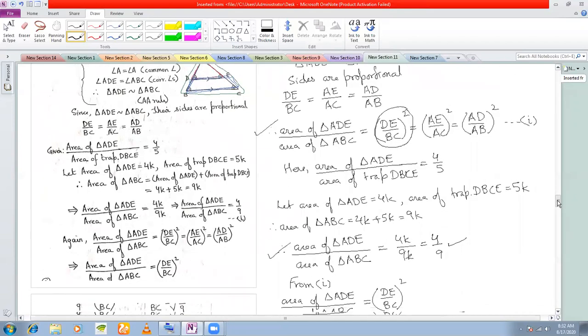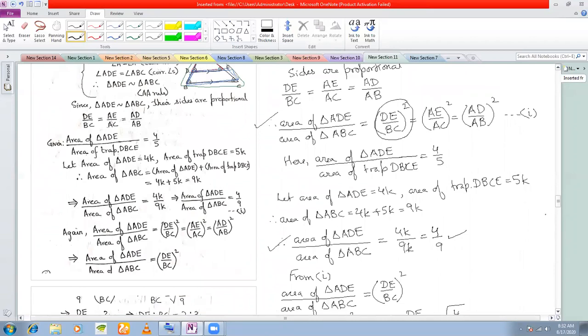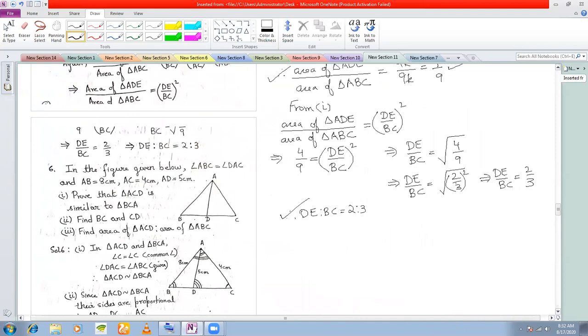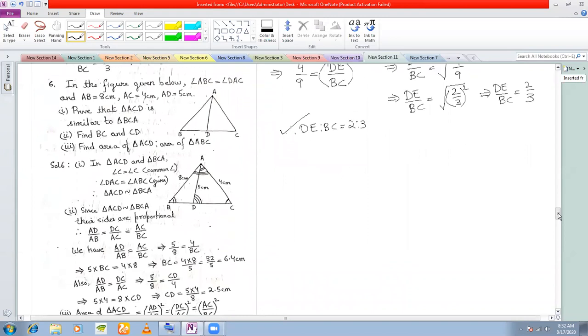Any questions here? What you see in this problem is, in all the problems till now, whatever we have done, you knew the ratio of the sides of the similar triangles, and you were finding out the ratio of the areas. Here, this was just the converse. Area of a trapezium and area of a triangle was given. You found out the ratio of the areas of the similar triangles to find out the ratio of the sides ultimately, DE is to BC. Okay, that is the difference between this problem and the other problem.